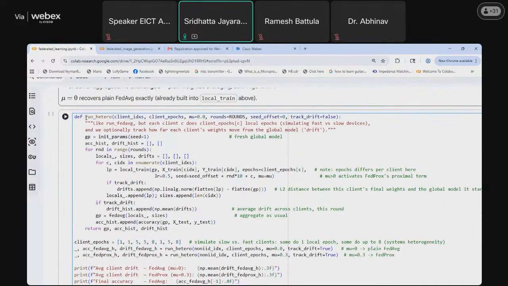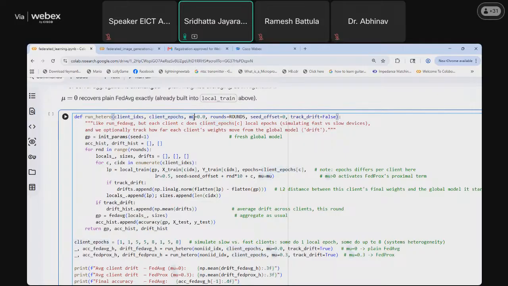So the function is run heterogeneous. We will have client IDs, and we will have client epochs. Why client IDs and client epochs? Because as I discussed earlier, each of these clients has different epochs because of their differing capabilities.